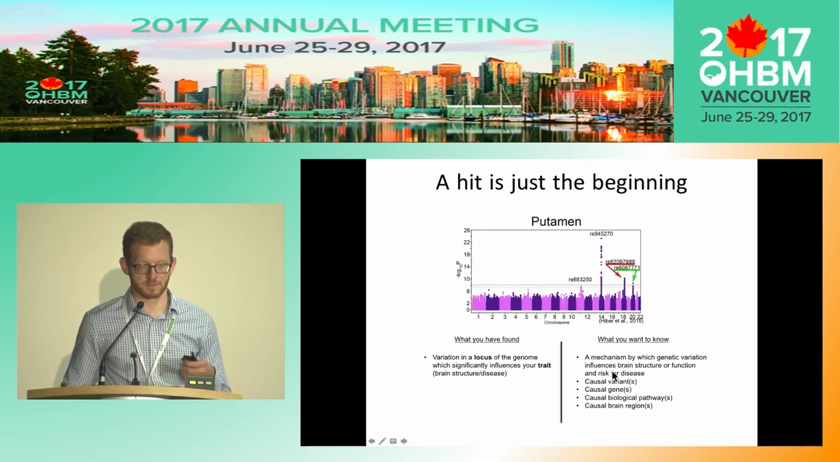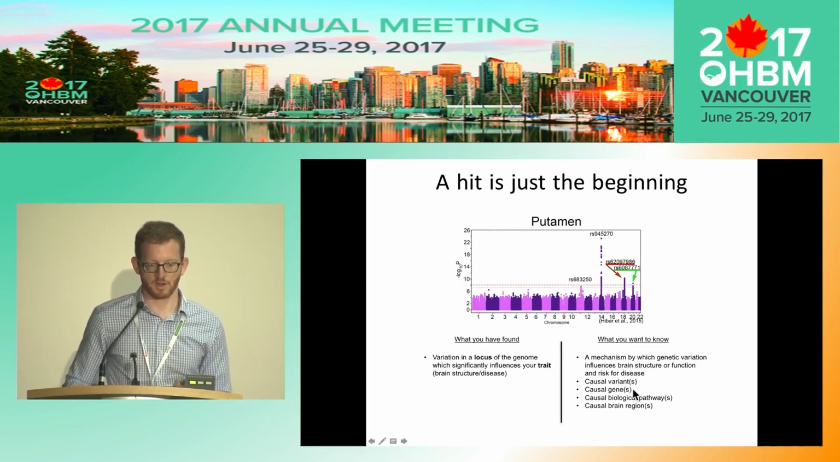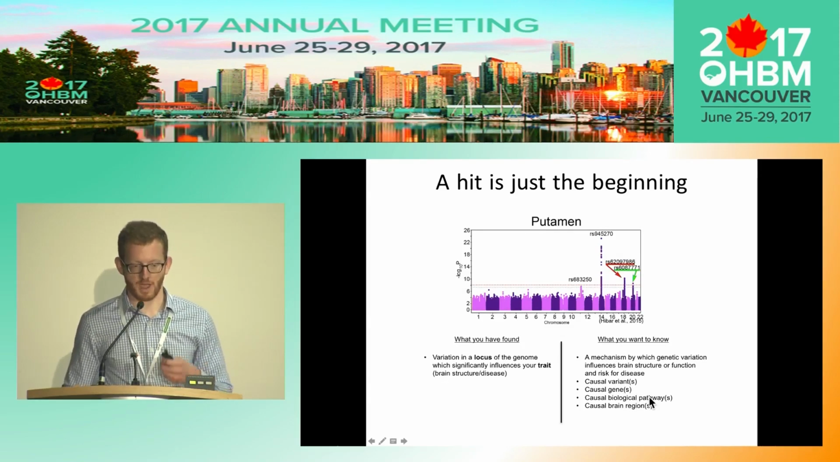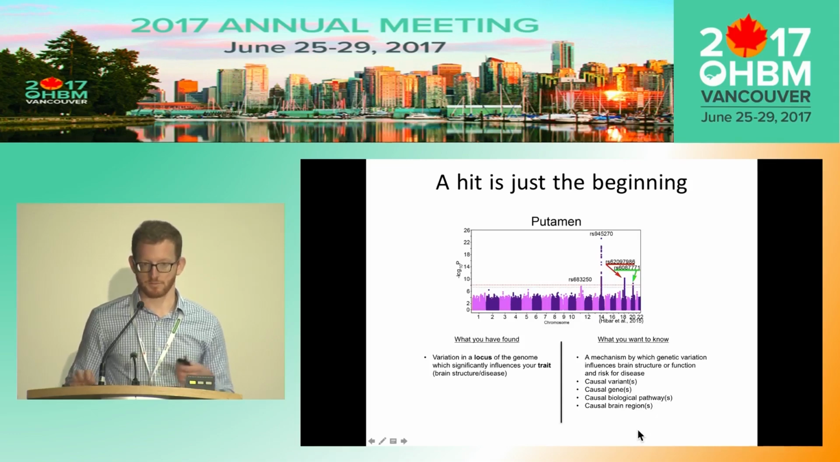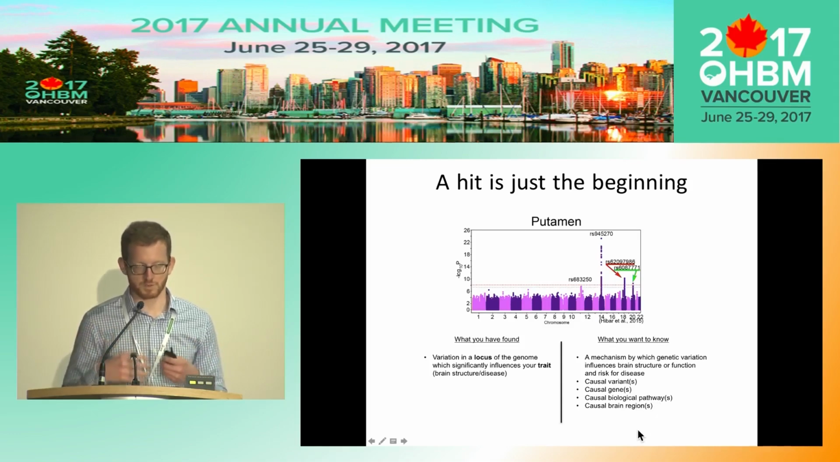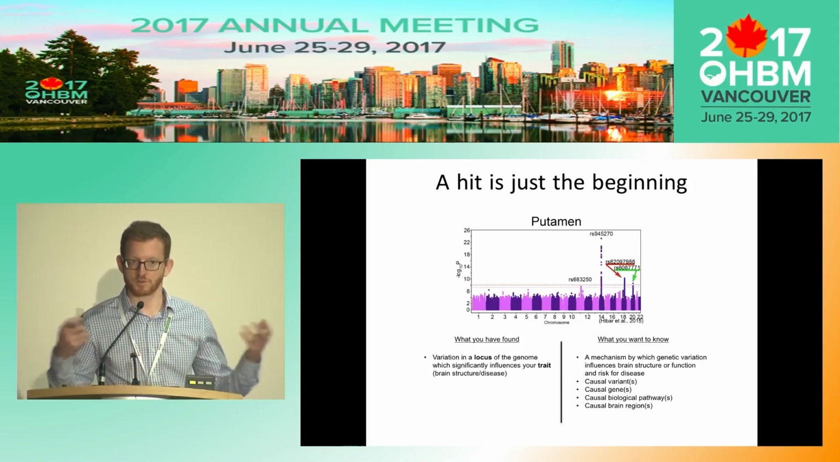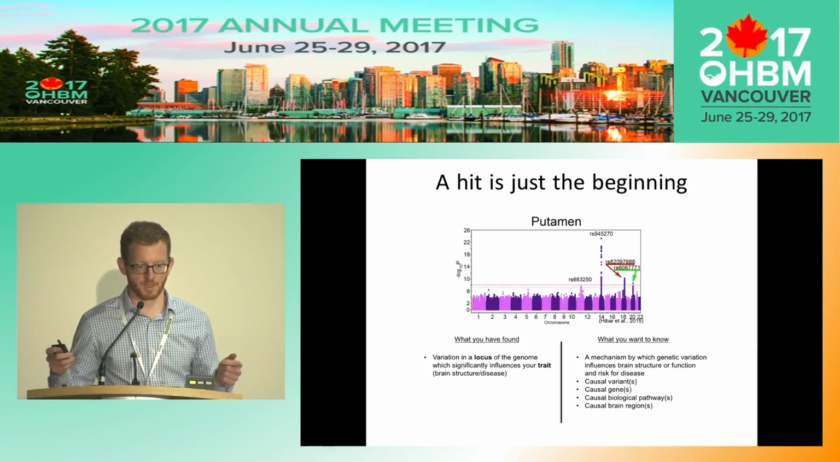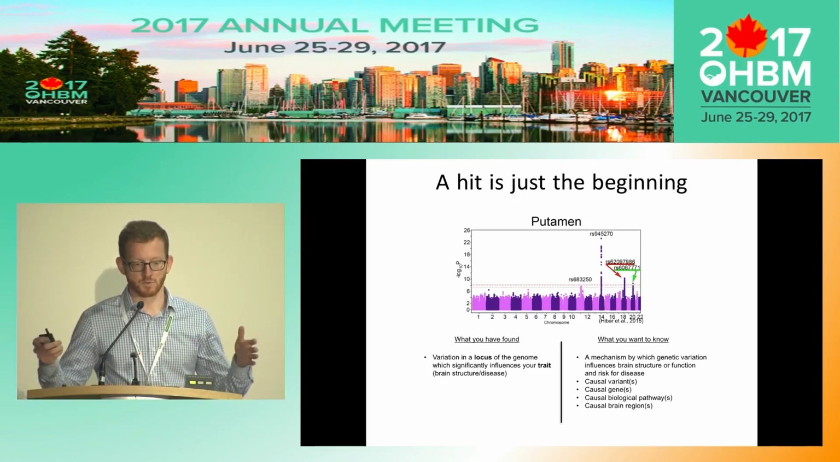So there are tools to prioritize those. There are tools to try to move from genetic variants to gene of action, to move from gene of action to biological pathway of action, and, since we're studying brain regions, we can actually look to see if a genetic variant is affecting a particular brain region or a wide amount of brain regions. Okay, so I'm going to try to teach you some tools that you can use to study these things, but